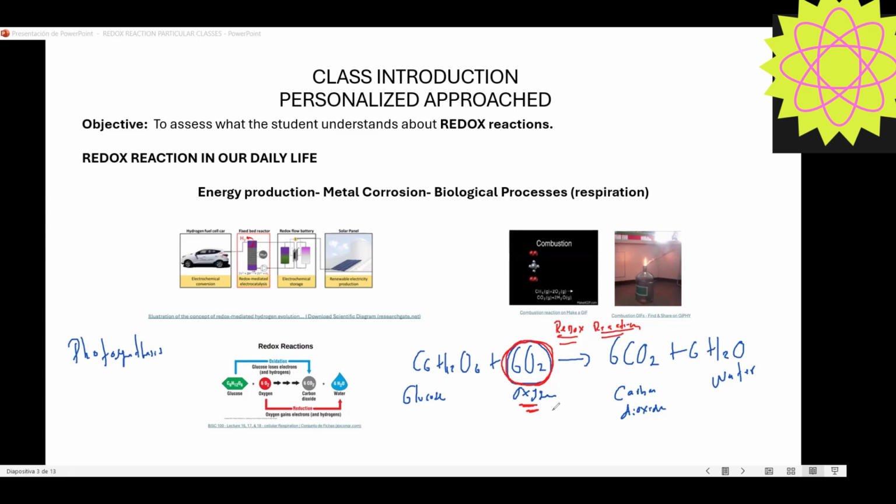So the oxygen will gain electrons and hydrogens, is this part. So in this process it is gaining electrons, okay? But in the other case, the part of the glucose, that is this other molecule, it will be losing electrons. Okay, so what I can tell you